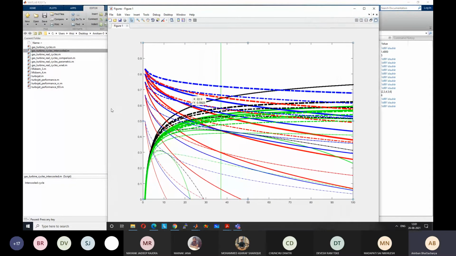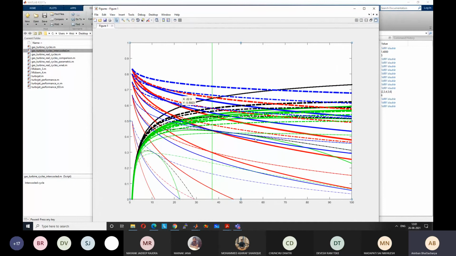I have changed the scale to 100. Obviously, we cannot use 100, but just to show you how the behavior is. Ultimately, you will see that there is a point, somewhere around 65 or 63, where the simple Brayton cycle has become more efficient. And ultimately, the simple Brayton cycle will remain the highest efficiency. But this is nowhere near the practical range. These lines you can ignore because these are spurious lines. This is just a continuation of this line. This part of the line has ended here only. This extra line is a spurious line. It does not have any meaning.